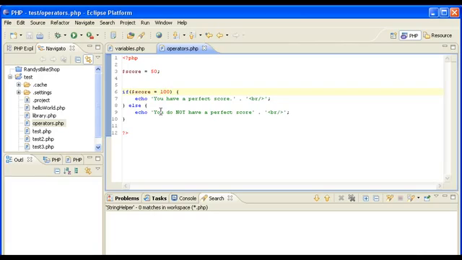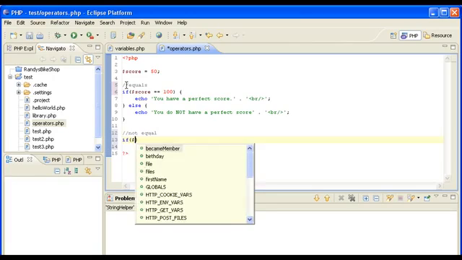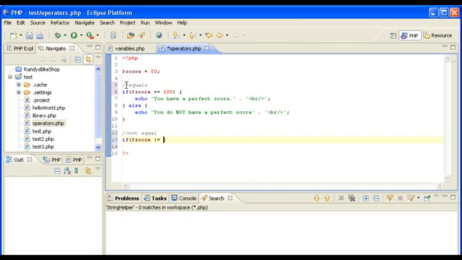So always remember to put two equals when you're comparing a value or a variable and a value, and only one equals when you are assigning a value to a variable. This is equals. You also have does not equal. Let's do an example of that. Not equal. So if score does not equal 0, then echo you have a